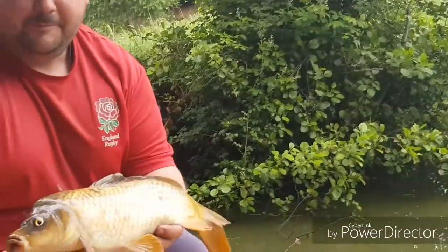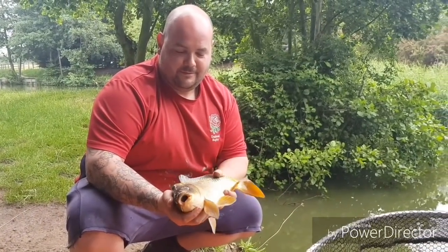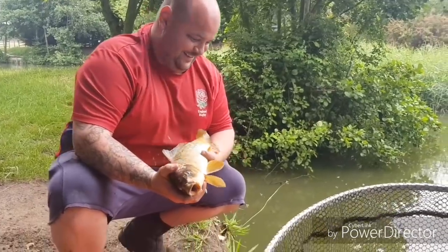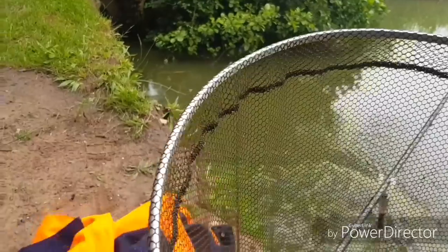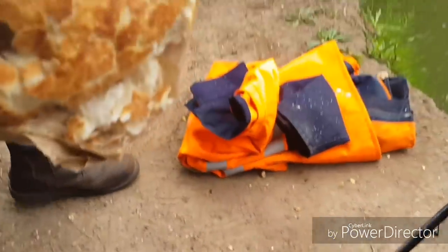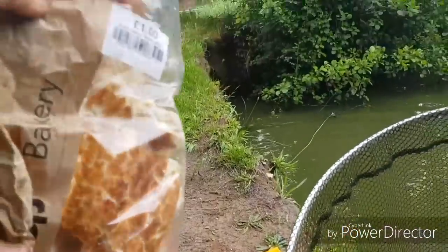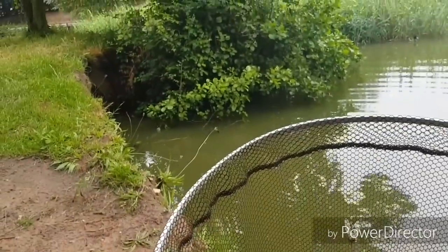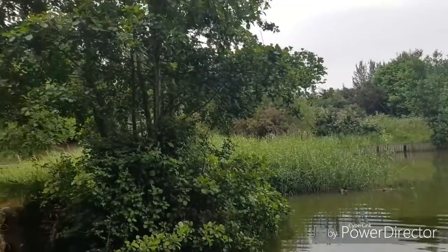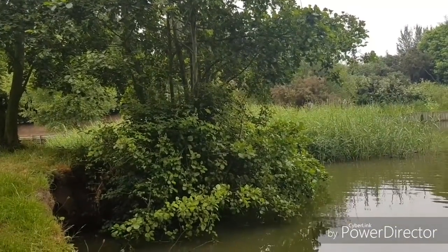So Nate's popped down from work, because work is only down the road, and he's been here probably about 45 minutes because he thinks he's the man. It's gone 1 o'clock, you know that, don't you? He's used a whole loaf of bread in that time. That is the depth of a whole uncut loaf. No, stop, because I need some for later. He thinks he's the daddy at fishing. So far he's lost 17 hooks, 4 floats. He's ripped out half the reed bed. He's ripped down branches of trees. Yeah, basically he's made himself look a right